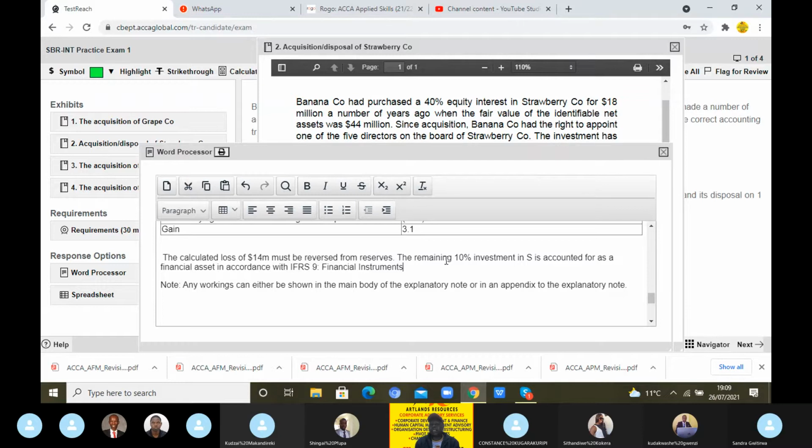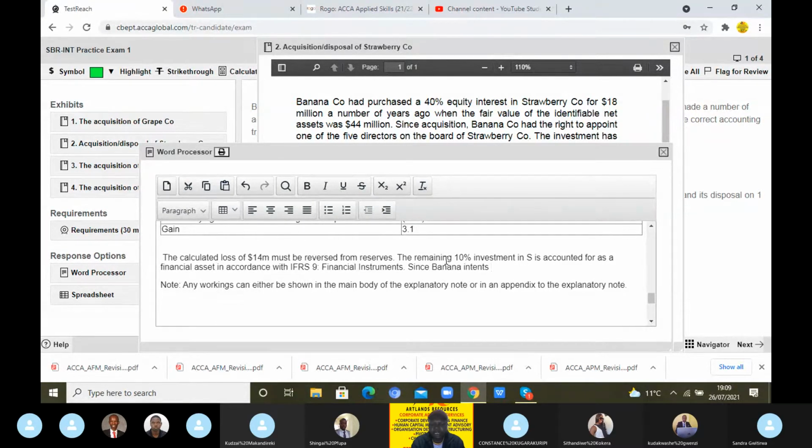In your answer, don't even cite a standard if you don't know it. It's better to just proceed and explain on the go. Okay. The remaining 10% investment is accounted for as a financial asset in accordance with IFRS 9 financial instruments. Full stop. Then you say since banana